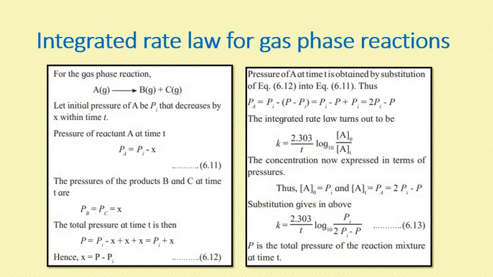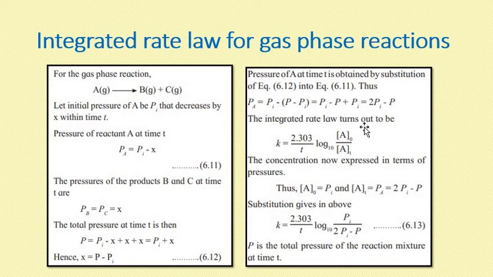If I want to calculate the total pressure of A, B, C in a container, it would be the partial pressure of A plus partial pressure of B plus partial pressure of C. On adding all these three partial pressures, I would be getting Pi plus x, which is the total pressure P. And if I retrieve the x value from this formula, it would be P minus Pi. Now, if I am substituting this x value in the formula, then Pa is equal to Pi minus P minus Pi, and on calculation I would be getting Pa is equal to 2Pi minus P.